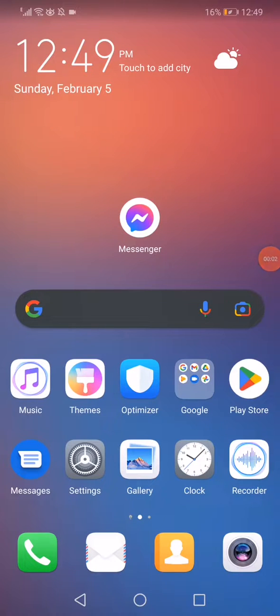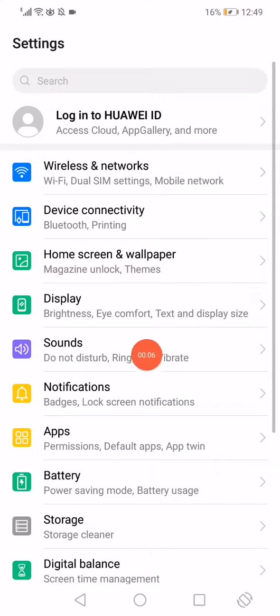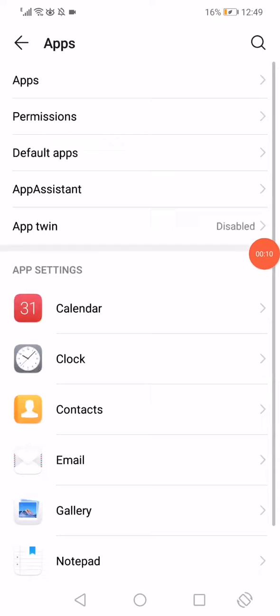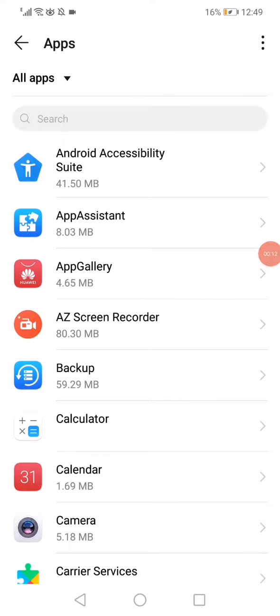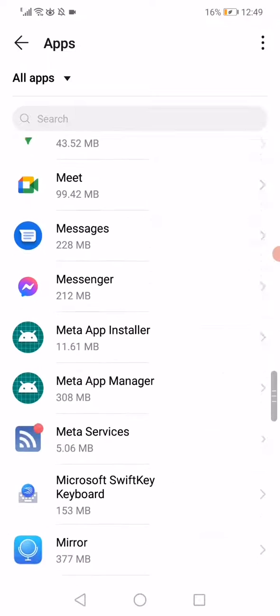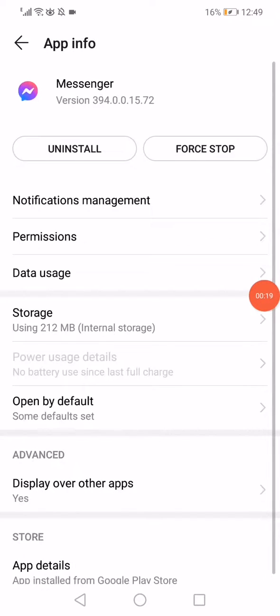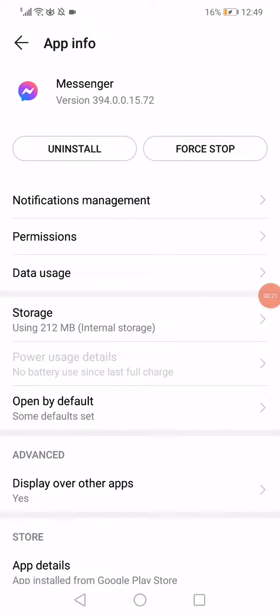How to fix Messenger messages. First thing, open the settings, go to apps, open the apps page, scroll until you find Messenger, click on it, and now what you want to do next is click on this